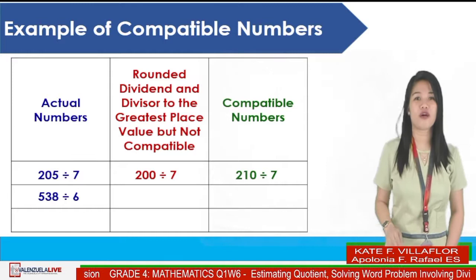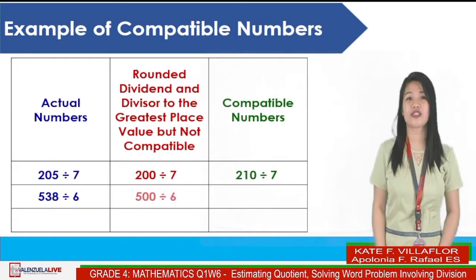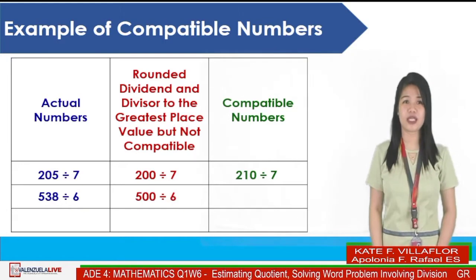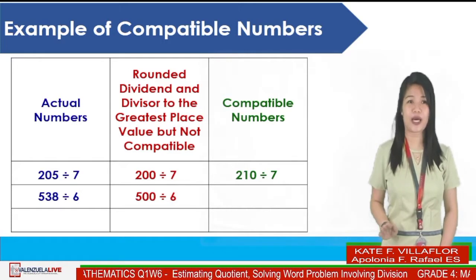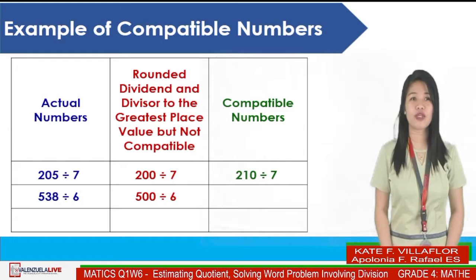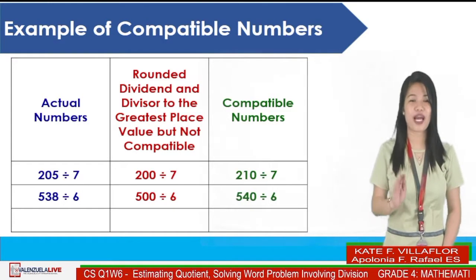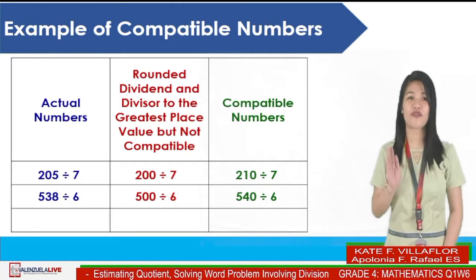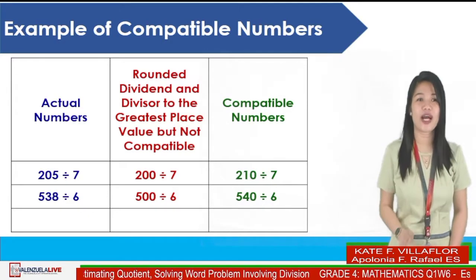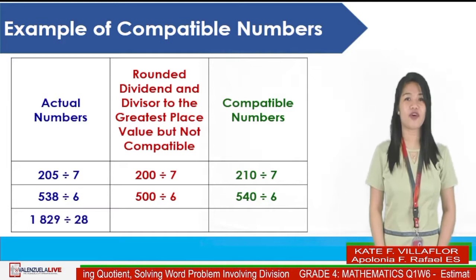If we round off 538, the answer is 500 divided by 6, and 500 divided by 6 is not a compatible number. A compatible number is 540 divided by 6. It's easy to divide 540 by 6. Another example is